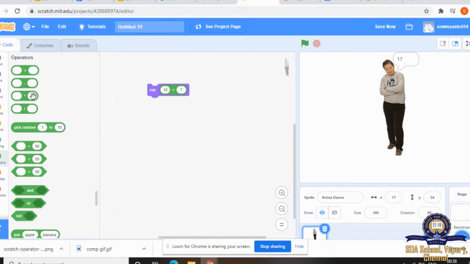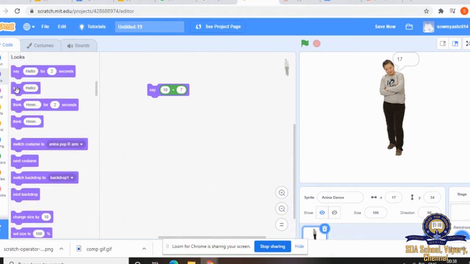Now again I go to say. Why I did not give this when green flag clicked? Because I need not run all the scripts together. I just want a single script to be clicked separately. So I did not give this event flag.